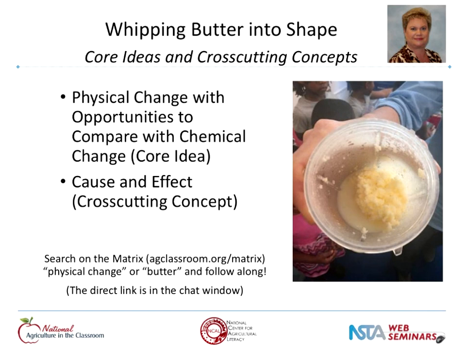The next lesson I have for you to highlight is the physical change lesson. This one is very forgiving whether you're going to use it for a social studies application or a science application. We do both. What you have here is an example of butter that is made. It is a great lesson, again, to do with children. There's a link there. You can search physical change or butter on the curriculum matrix and come up with these